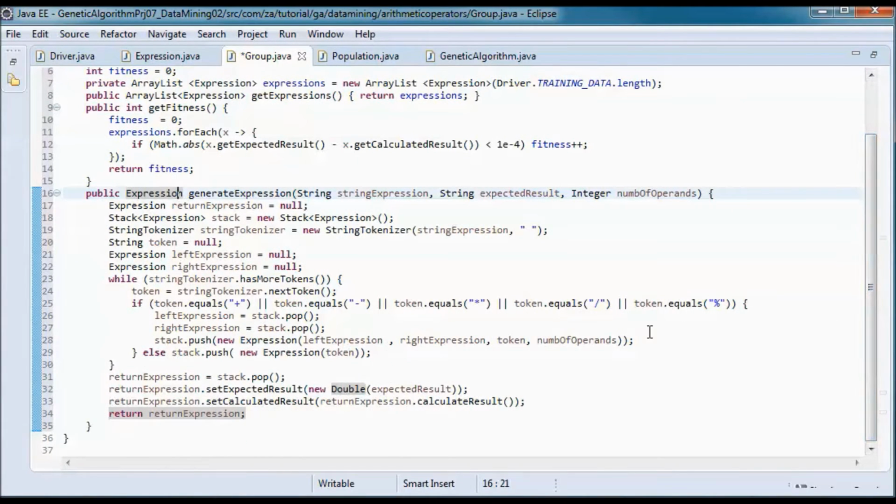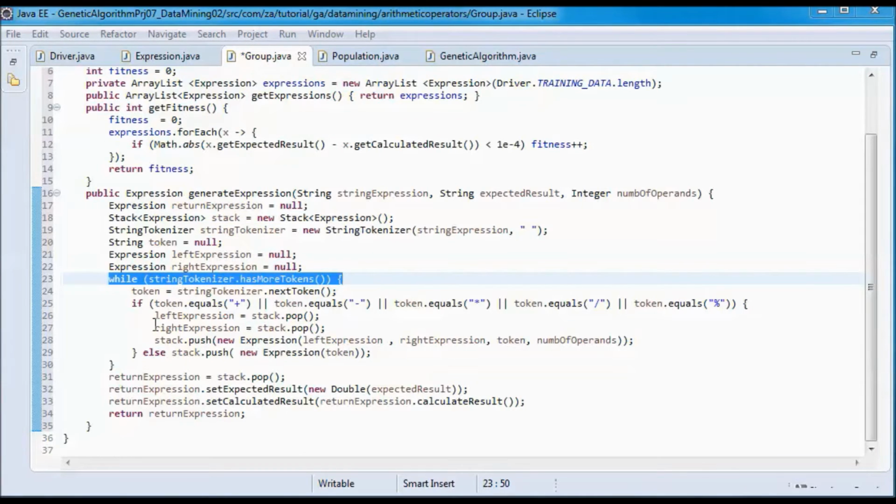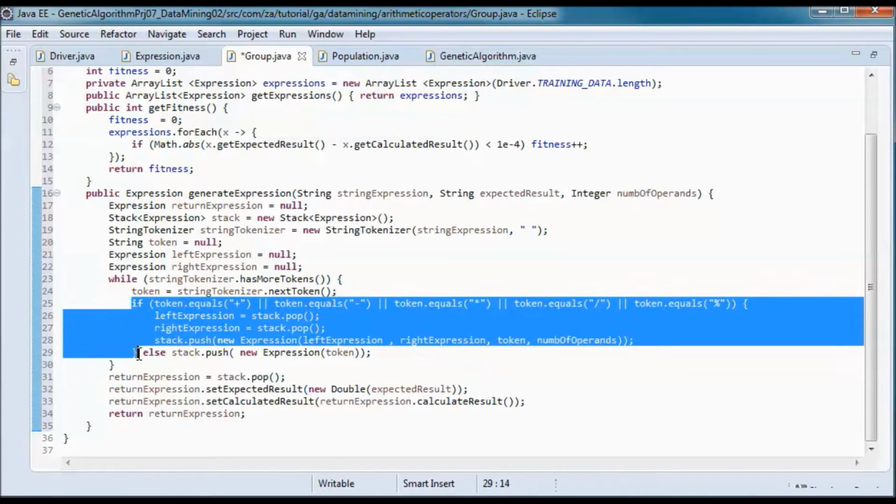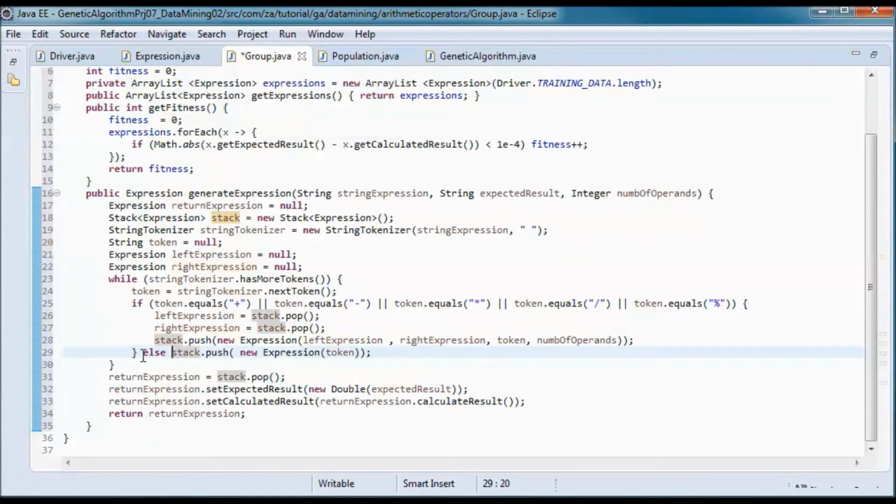So we will use the space to pick up all the tokens in the passed in string expression, and here we are going through those tokens, and if the token is an arithmetic operator, then we handle it here. Otherwise, if it is a number, we simply push onto the stack. So we define the stack here of expressions. So we push onto the stack a new expression passing in the token, the number, as a string.